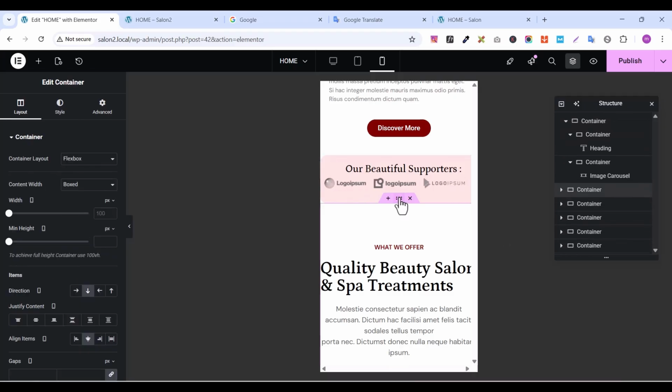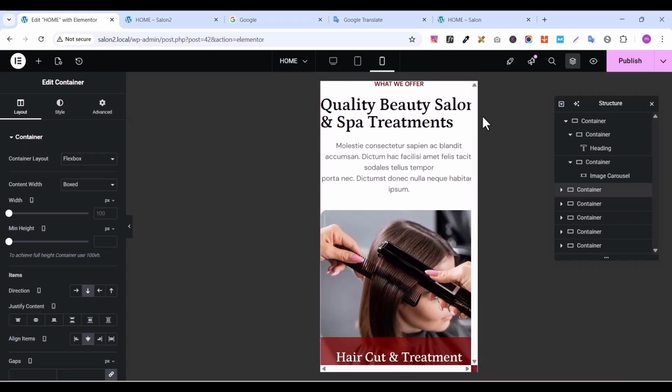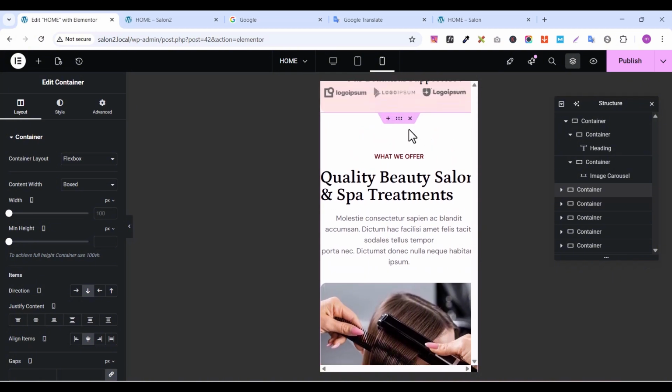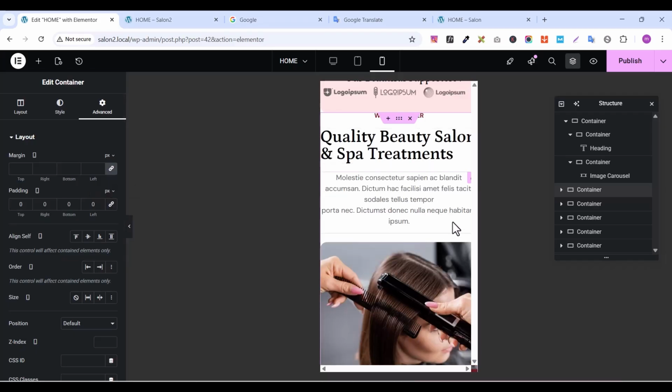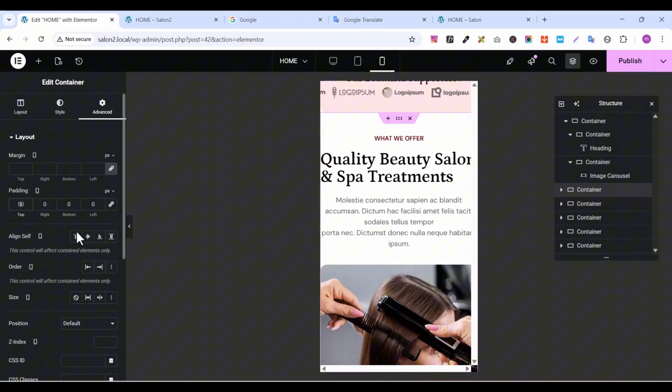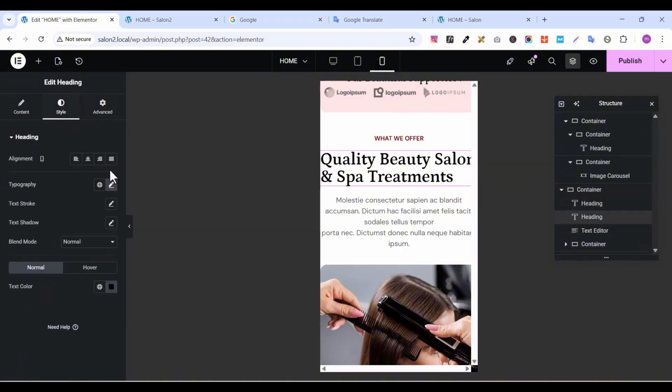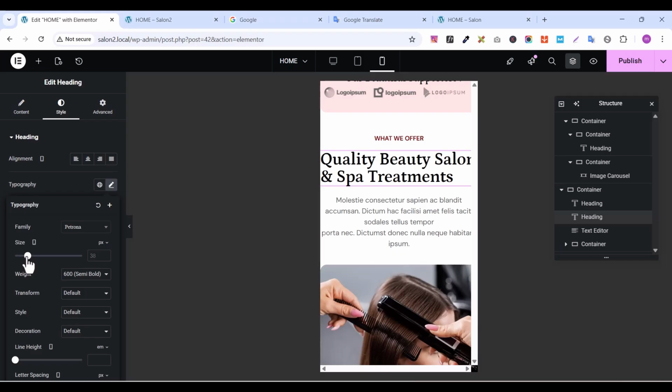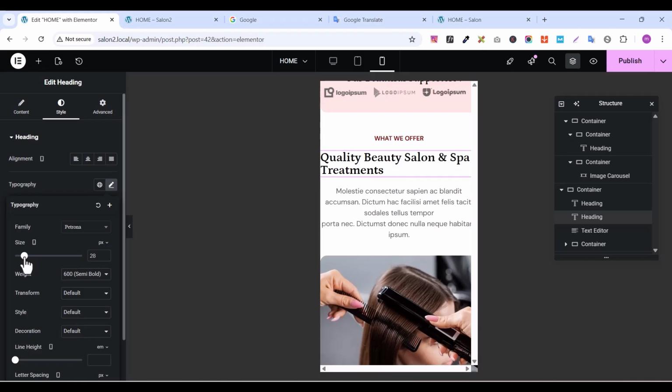Let's select the next section, and as you can see, we are just retouching it. So this is how we are going to make your site mobile responsive. Let's go to advanced and remove the padding. Let's give it a custom padding like 50, bottom 50. So let's select this element again. Go to style, click on typography, change the sizes,